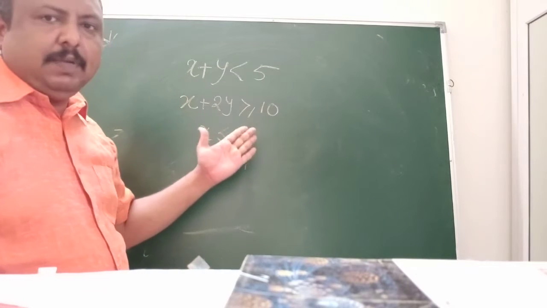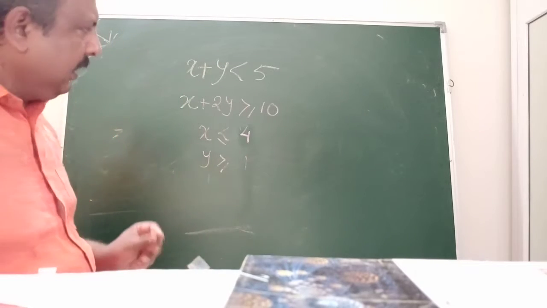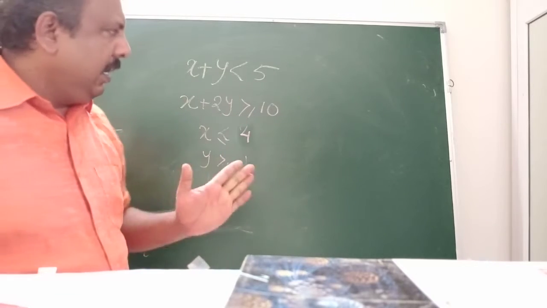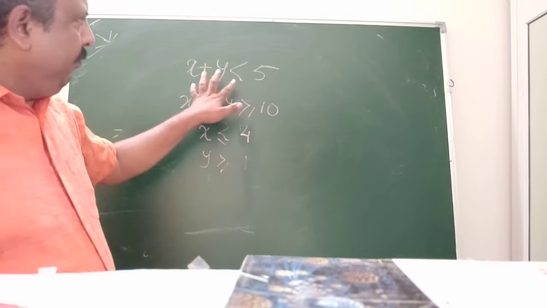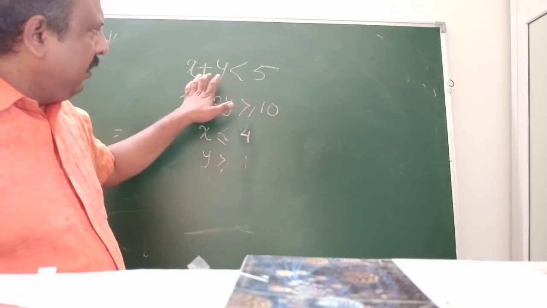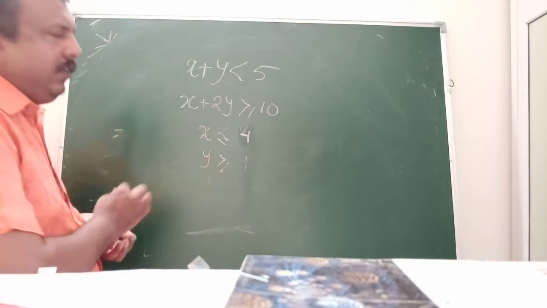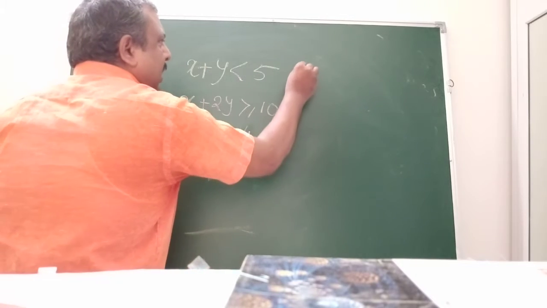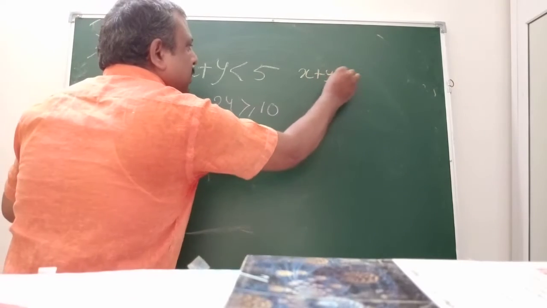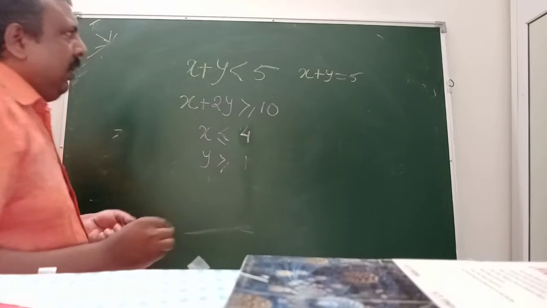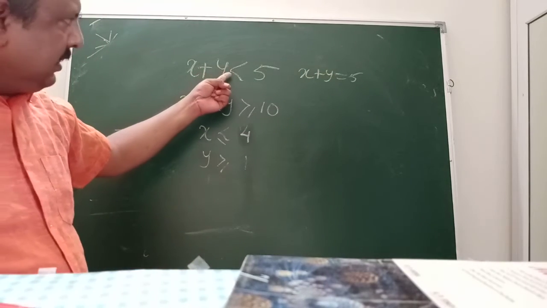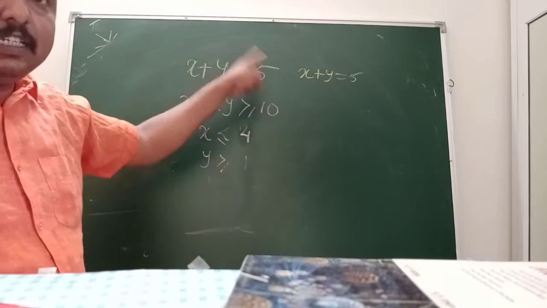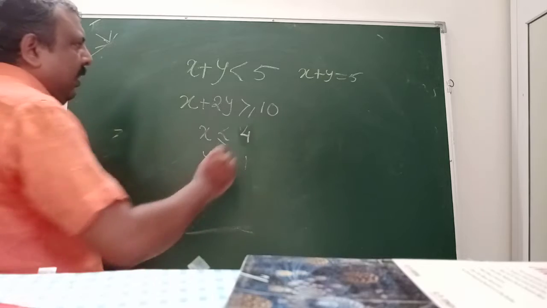In terms of linear programming, these are known as the constraints. These constraints are all inequalities. You have to plot them on the graph paper. As I told you, for plotting the inequalities, take the help of the equation. First try to convert them into the form of an equation, whether the inequality is less than 5 or greater than 5, and take its help.